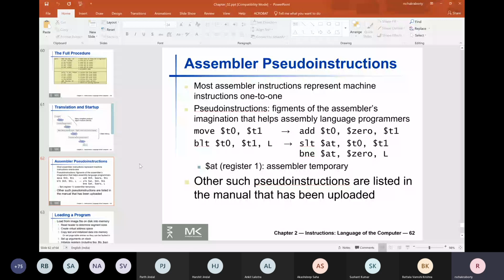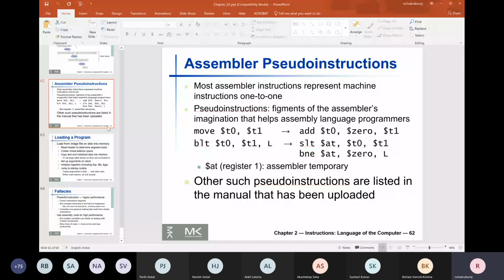Okay, so yeah, coming back to pseudo instructions. In your exams and lab assignments, you will be provided clear instructions on whether you should use pseudo instructions or not. If nothing is mentioned, you are free to use pseudo instructions. But if it is imposed that please do not use pseudo instructions, then do not use them. Okay, but if nothing is mentioned,